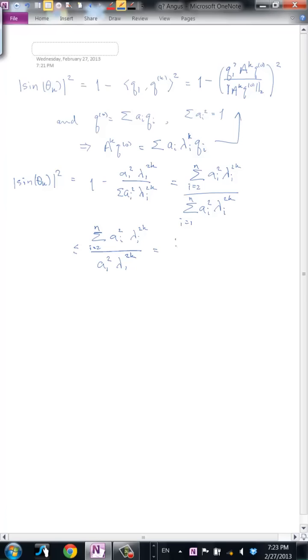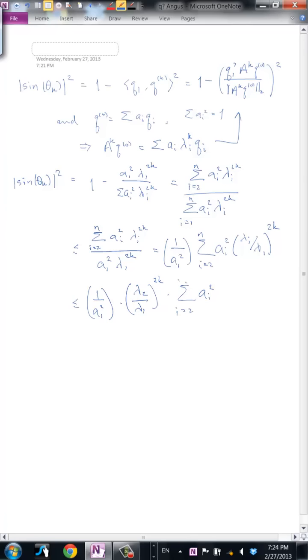This in turn is equal to 1 over a1 squared times the sum from i equals 2 up to n of ai squared times lambda i divided by lambda 1 to the 2k. And I can make this still bigger by replacing all the lambda i's with the biggest one from i equals 2 to n, which by assumption is equal to i equals 2. So this is less than or equal to 1 over a1 squared times lambda 2 over lambda 1 to the 2k times the sum of ai squared, i equals 2 to n, but now